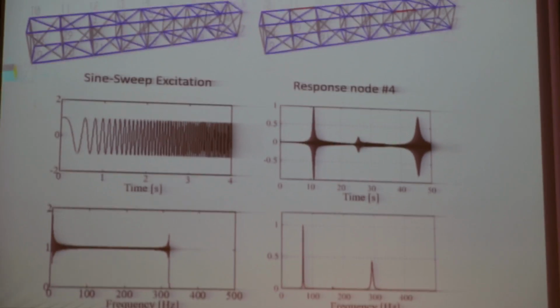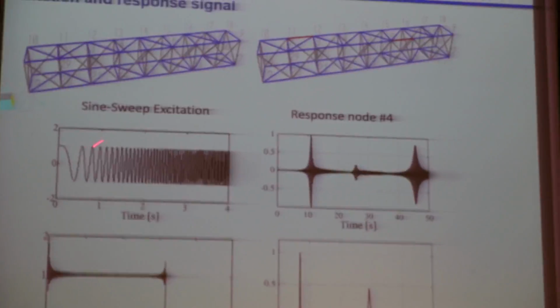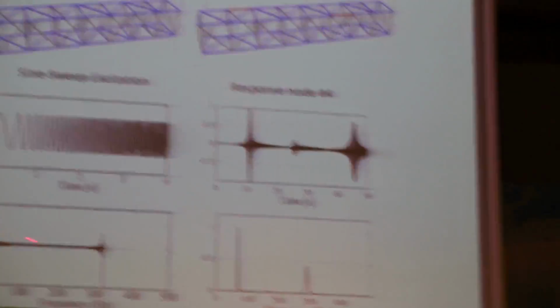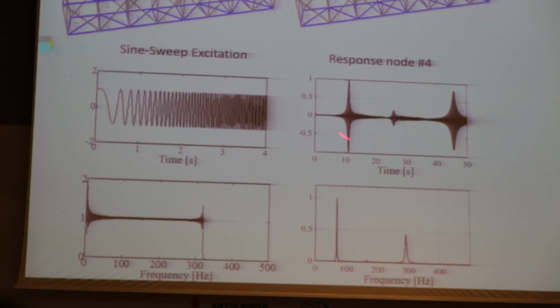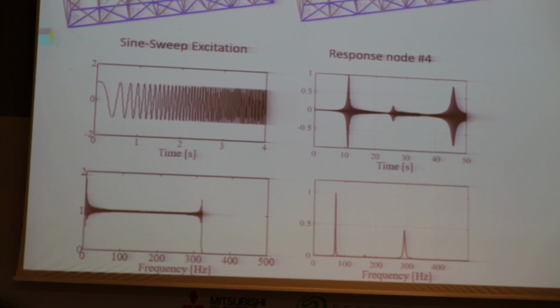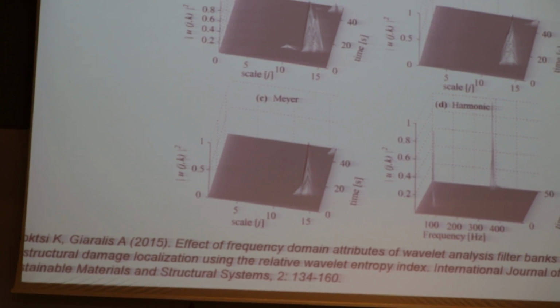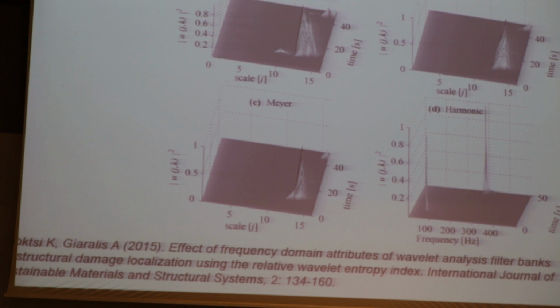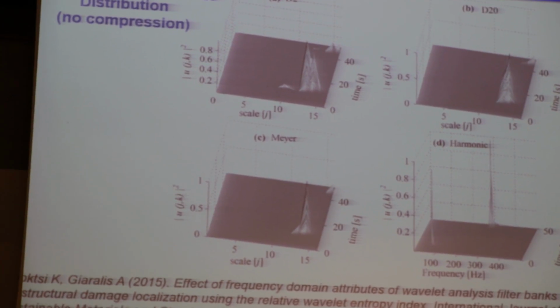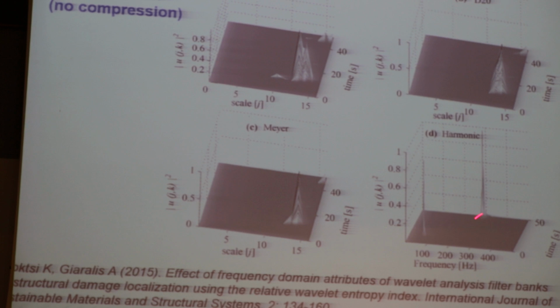So we assume a sine sweep excitation, so we have broadband excitation in the frequency domain, but we have highly non-stationary signals in the time domain, and we want to see how different wavelet bases are doing. So in terms of sparsity, what do we see? We see that the harmonic wavelet base